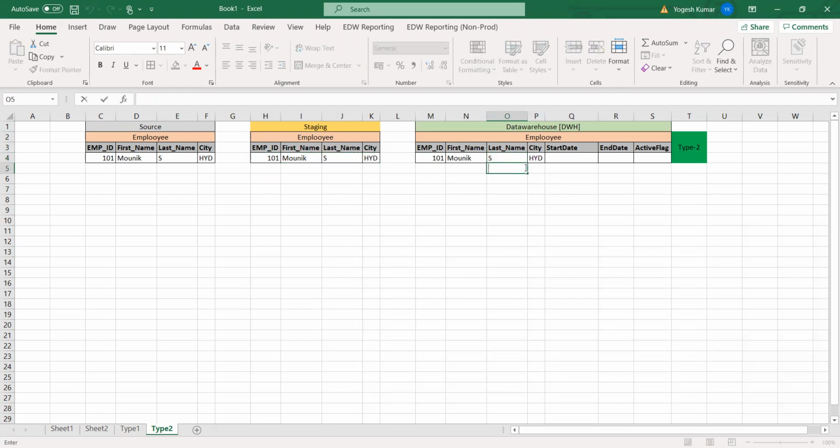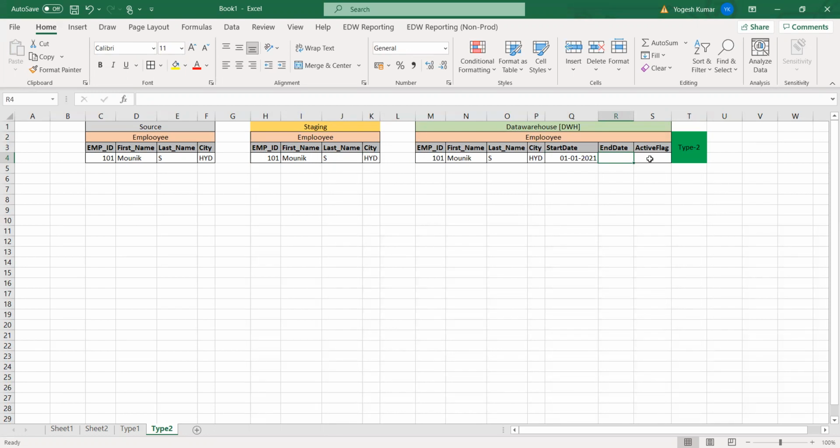And what it will do, let's say you loaded this record on 1st of January 2021. So the start date would be 1st January 2021. And the end date, we don't know till how long that user will be in this city, so that would be blank. That can be null, and that can be a far future date, like 01-01 and four 9s. Can we see that here? No, we cannot see, right? So anything can be there, and it can be null.